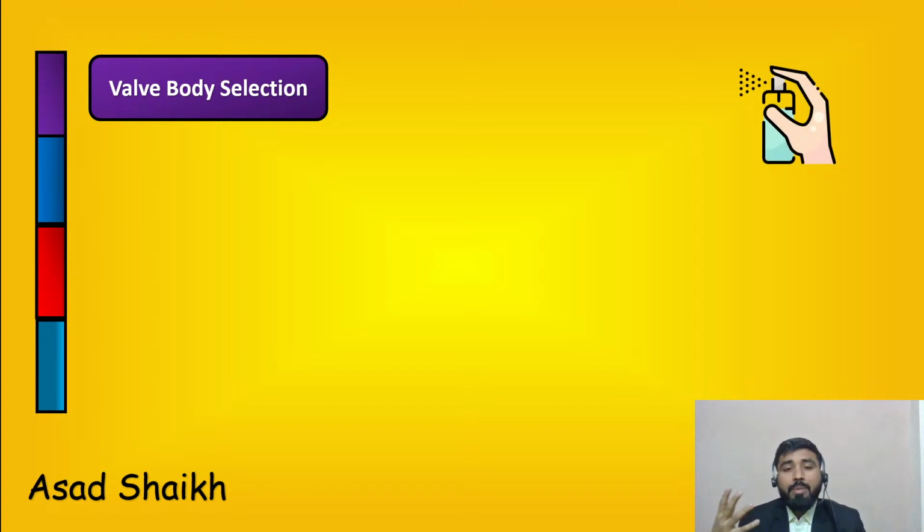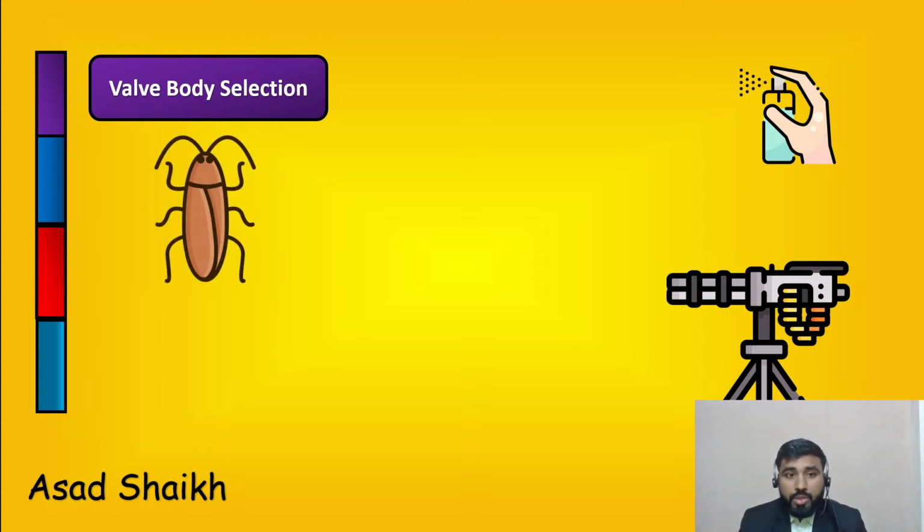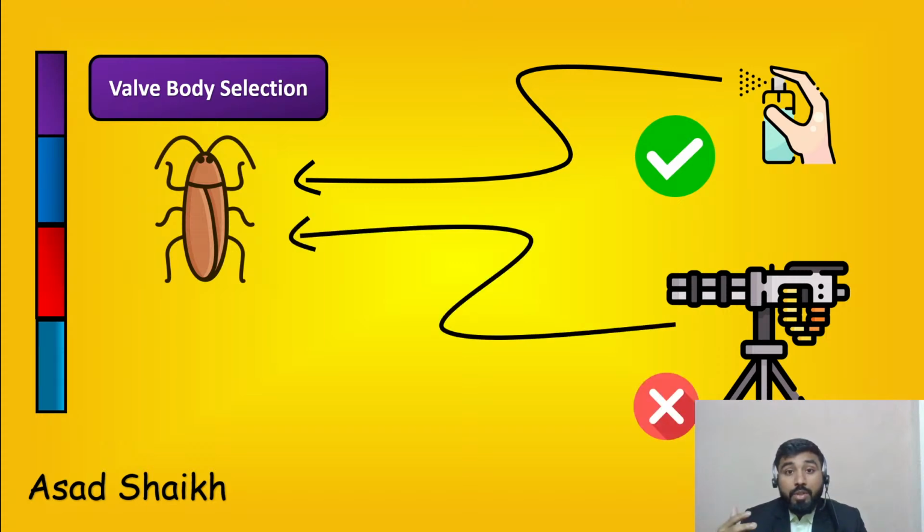So I would start by explaining this: if you want to protect yourself, should you use a mosquito repellent or should you use a machine gun, for example. Now, this question sounds ridiculous, but if you actually look, the answer is not clear. It depends on what is in front of you. If it's just a cockroach, the cockroach repellent would be very good for you. But a machine gun, even though it is better, is over specified.